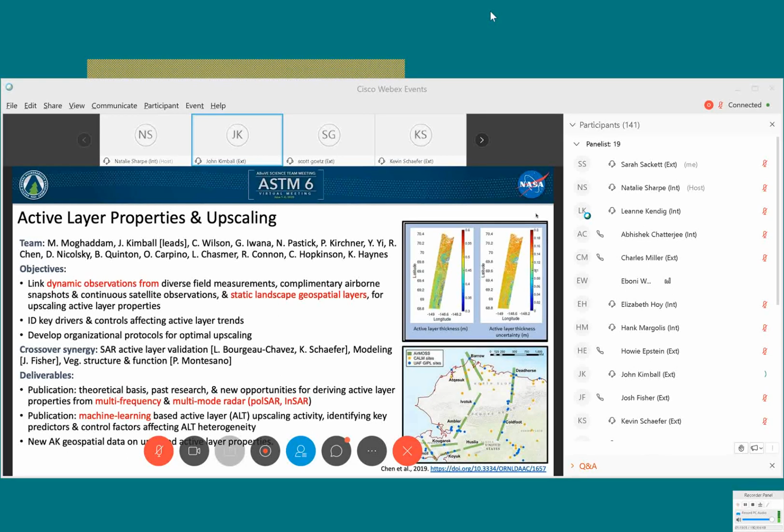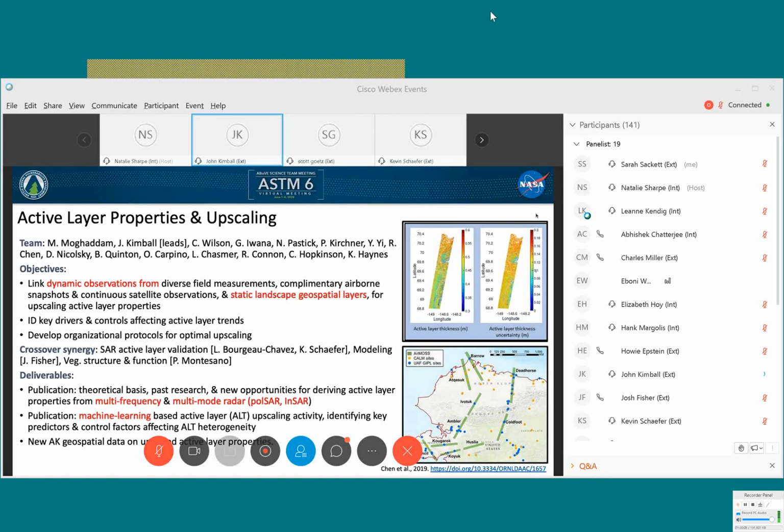The deliverables we're looking at here is a publication looking at just a theoretical overview of past research from the literature on multi-frequency and multi-mode radar retrievals of active layer properties, as well as new opportunities for deriving enhanced products, particularly stemming from above activities. Another publication will be looking at a random forest type empirical approach for spatial upscaling and